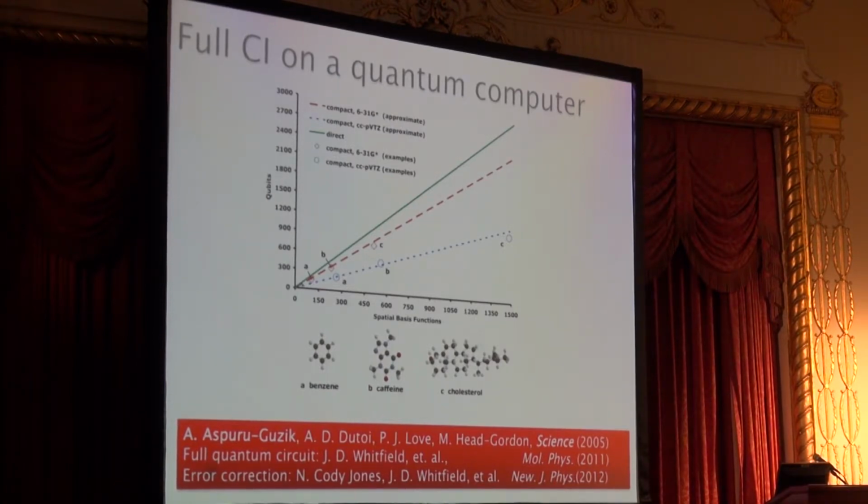So this will give you more or less the sketch of the order 0 algorithm. What is really nice, of course, is that the size of the system that you can simulate scales linearly with the number of qubits. 2 qubits give you 1 basis function. About 30 basis functions per atom gives you what is called chemical accuracy, which means 1 kcal per mole of error in bond dissociation energies. Okay, so molecules that I like here, benzene, caffeine, cholesterol, I like to eat a lot of meat, I guess, can be simulated with order of hundreds of thousands of qubits, okay, logical qubits.